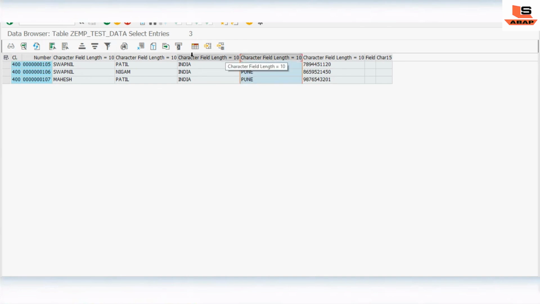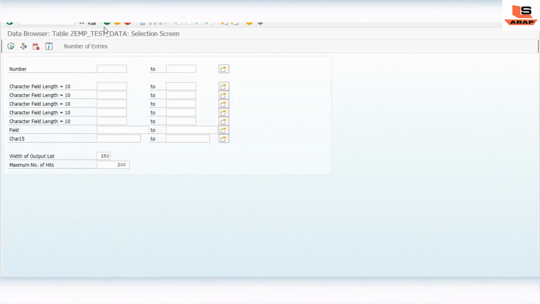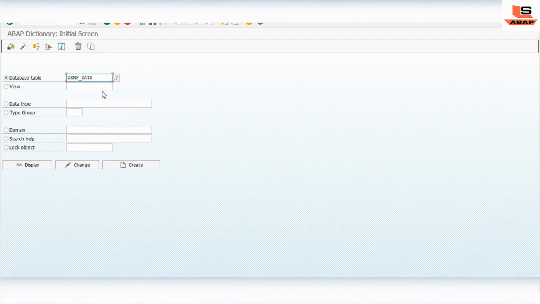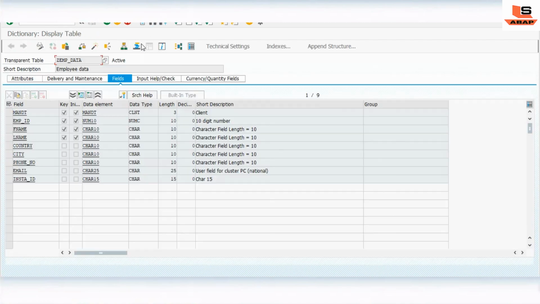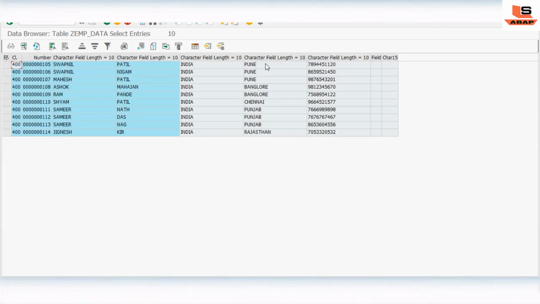So where are these entries coming from? Let's check the table. This is our ZAMDP data table, in which we have data for different cities. Here we see Pune, so we entered Pune, and we can see the first 3 records. Let's enter Punjab.